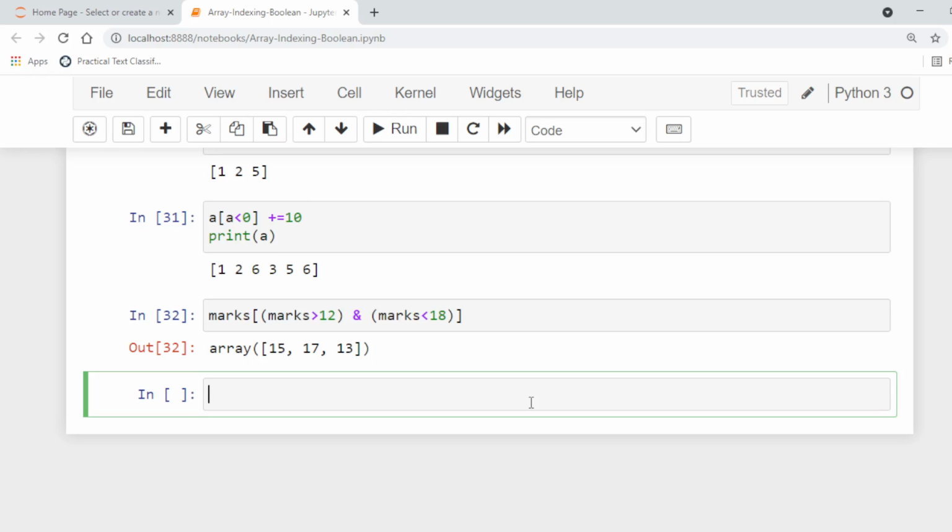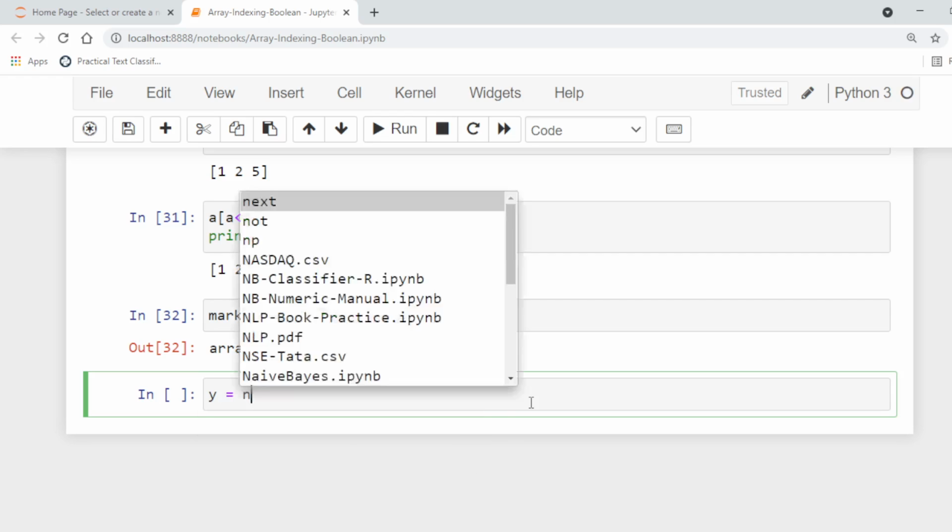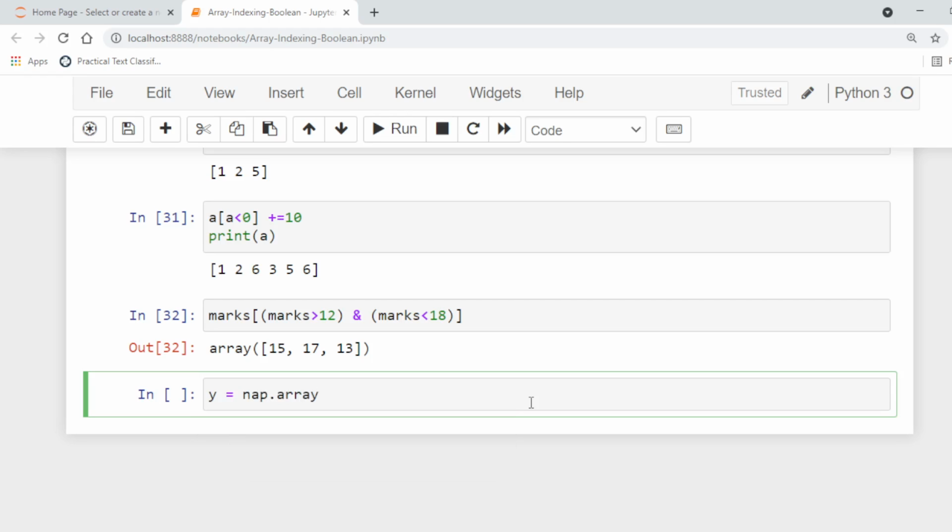Now, selecting all rows whose sum is less than or equal to 2. Let's say we have a two-dimensional array Y, np.array, with this as the first row, second, third and 2, 2 and 1, 3, for example.